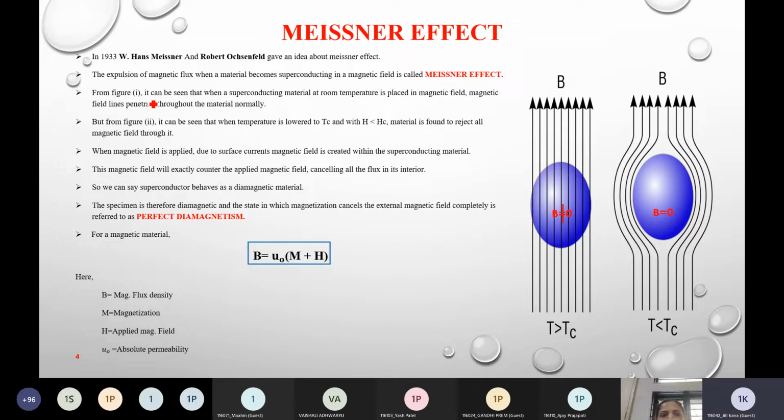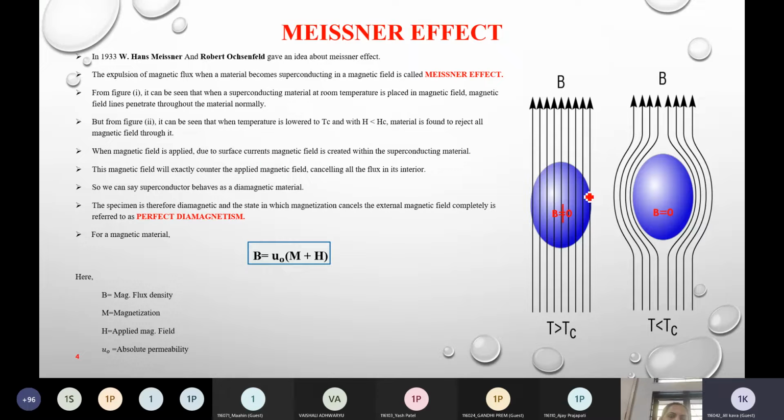Here we can see from figure 1 that when a superconducting material is kept at room temperature in any magnetic field, the material will allow that magnetic field to pass through it. Whereas in figure 2, when H is less than Hc, the material will reject all the magnetic field inside it